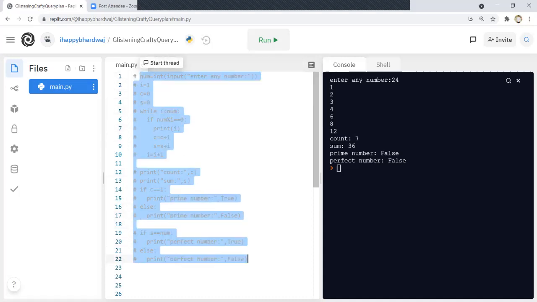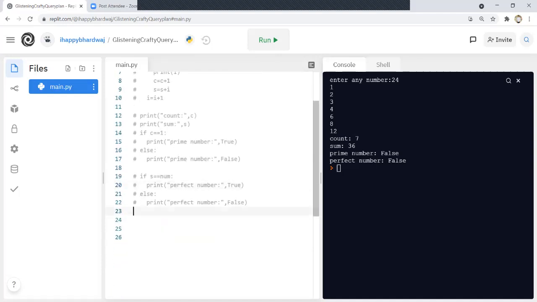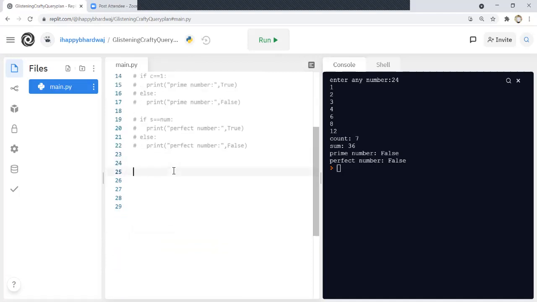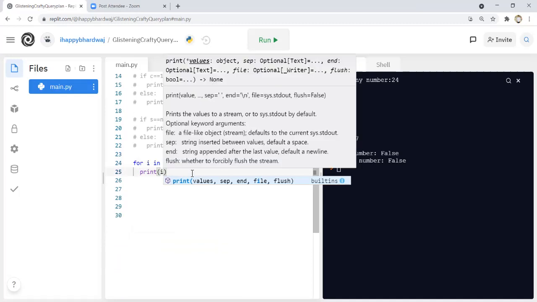Okay, so till now we have used a lot of loops. Before that, let me tell you the syntax for the for loop also. There is one more loop in Python, that is the for loop. So how to use a for loop in Python? The syntax is for i in, and you need to use any sequence here. The sequence here can be a list. Then let's say I write print i here. So now what is going to happen?